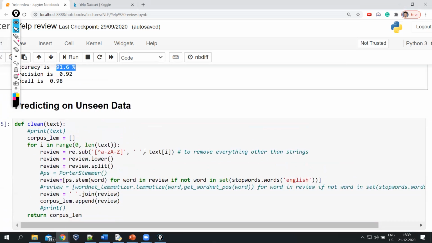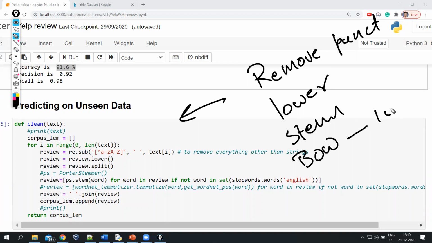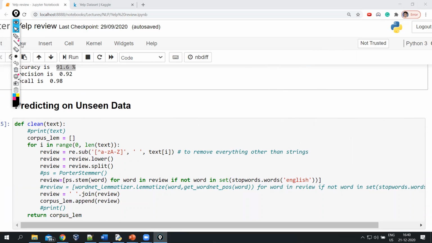After that, same thing. Understand this: we have created a data set and given it to the model. Now, in order to predict something from that model, we again need to give the same type of data. That means we need to remove punctuation, lowercase it, and stemmatize it. After that, we can give that corpus to the bag of words model. The bag of words model will create 1s and 0s from it, like integers, and then we can give it to our prediction model. So all these things are necessary to predict on the unseen data as well.